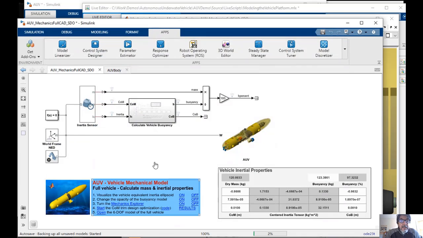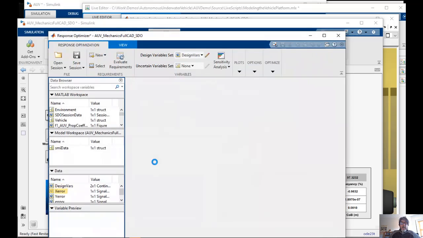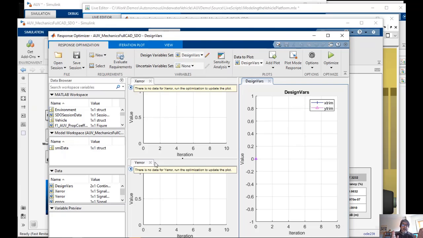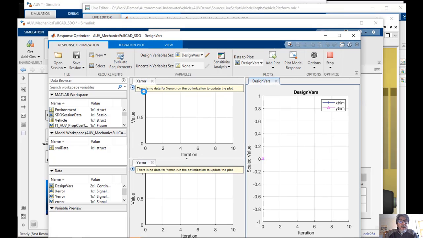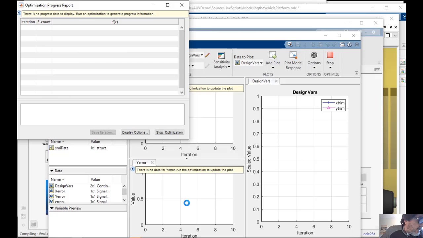So I have a little example script already set up. What this is going to do is load that interface that I just showed you, but it's going to load it up with the project already set. So what you're seeing here is I have put a couple of constraints on the error, the X distance between the two frames and the Y distance between the two frames. And what I'm setting my optimizer to do is to minimize that distance, to bring whatever the error in X and whatever the error in Y is as close to zero as we possibly can.